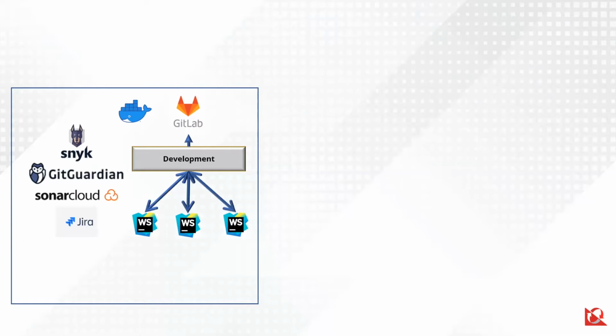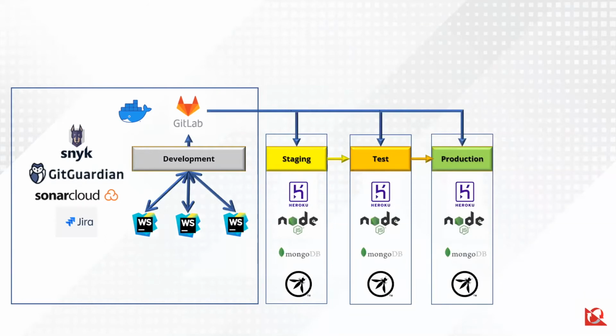SonarCloud and Jira. From an integrated development environment perspective, I'll be using WebStorm because my demonstration focuses on a Node.js application, and naturally GitLab will be a primary component. Through GitLab and the development process, we'll deploy three environments: a staging, test, and production environment. We'll talk about the details in another slide on what exactly is going on in each one of those pipeline